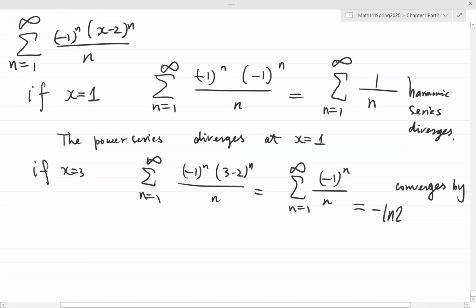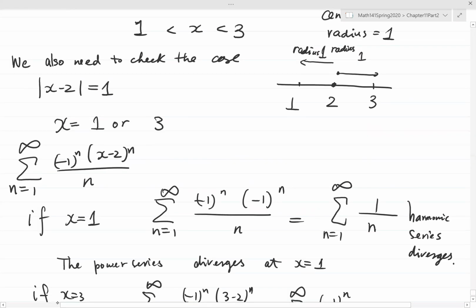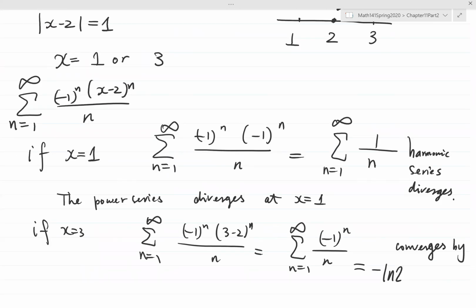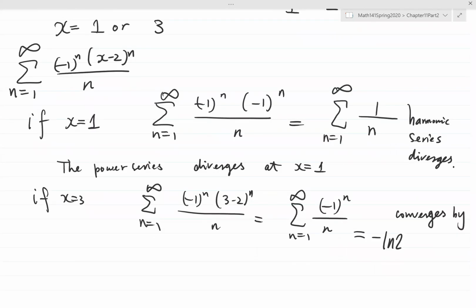So it converges at 3. So it converges within 1 and 3, and at the boundary 3 it converges, and at 1 it diverges. So the power series